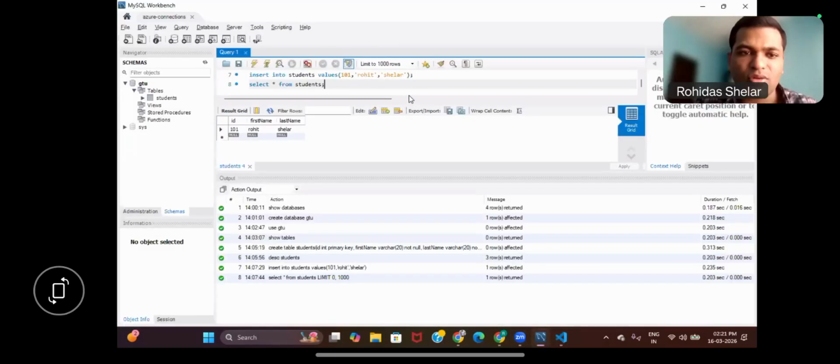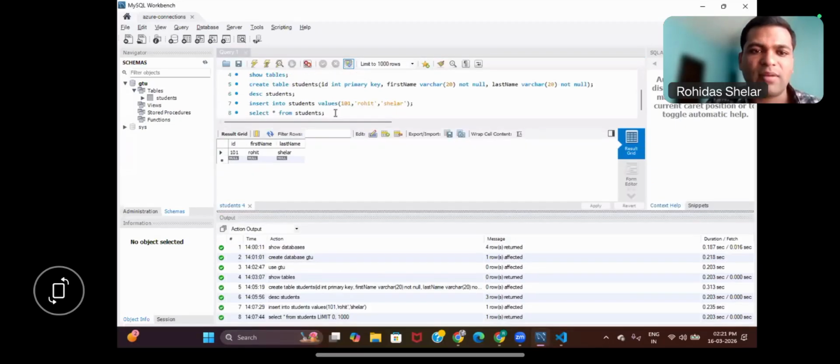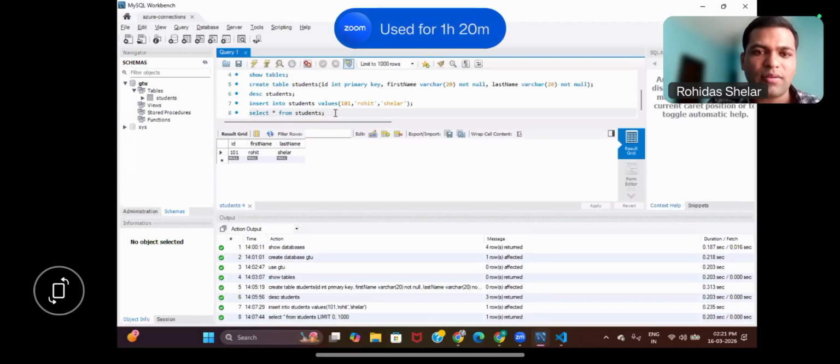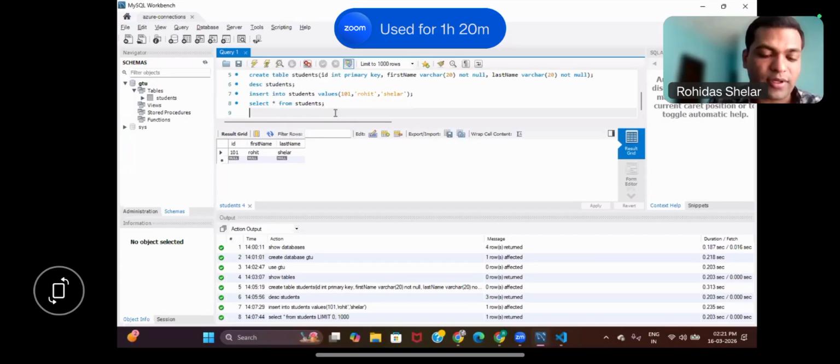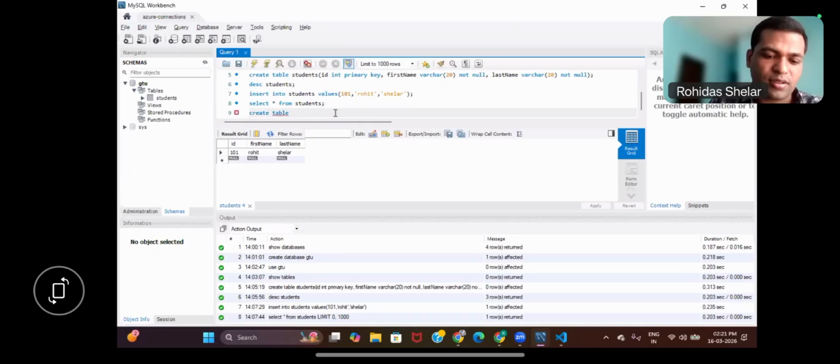So now what we can do, we have to create the table with the employee name, or we have to make changes in the code. The simple thing we can do, I will just create the table. Why should I write the code? So I will go here, I will just create table